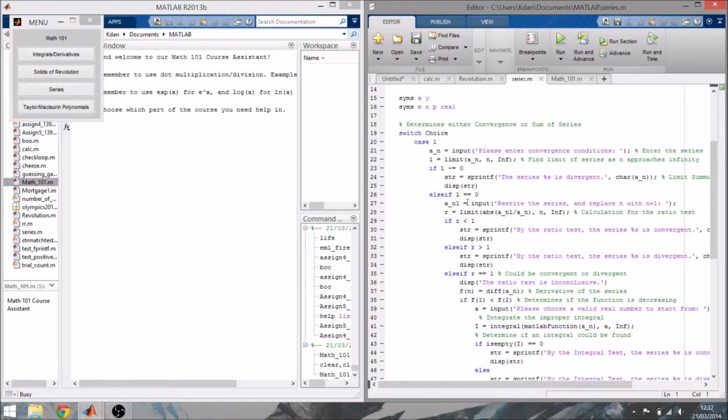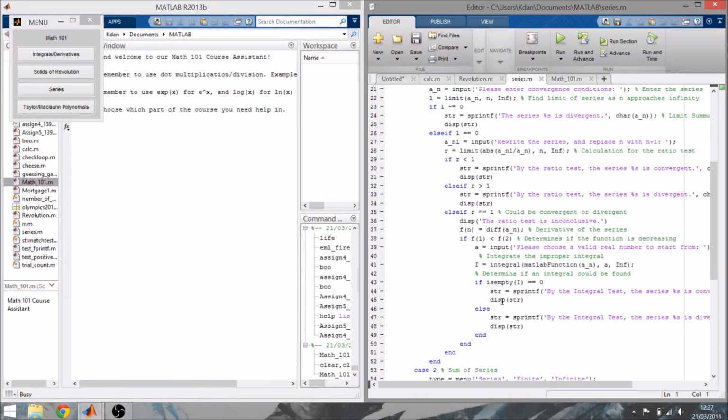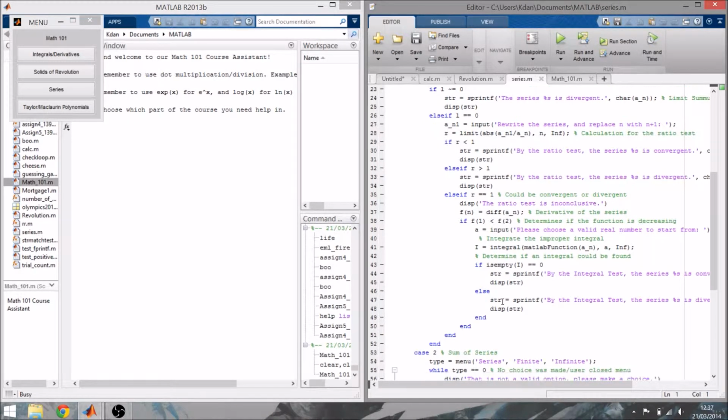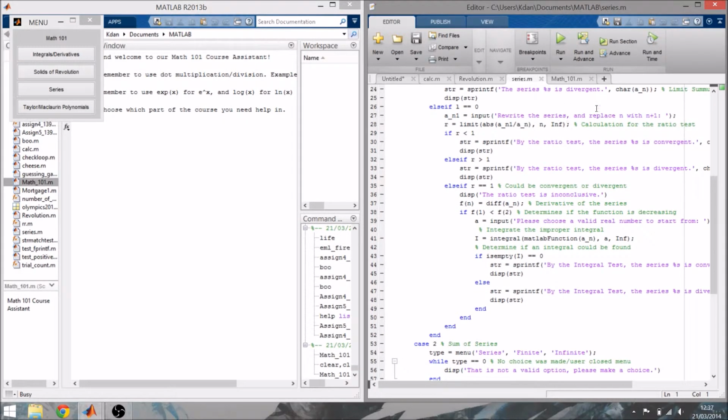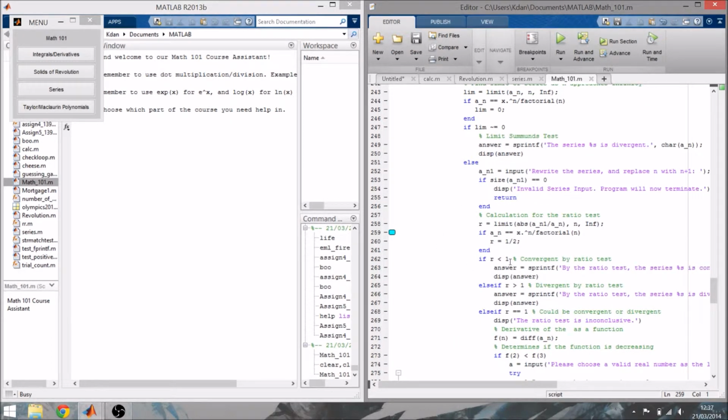Otherwise, onto the ratio test. You've got 3 options. The one where it continues is if the ratio test is inconclusive. If inconclusive, the script will continue by doing the integral test. It assumes MATLAB can perform the proper integral and calculates the integral. Unfortunately, simple series like 1 over n didn't work in this version of the code, which was fixed by a simple allocation. However, by this time we already had 3 solid codes that were functioning